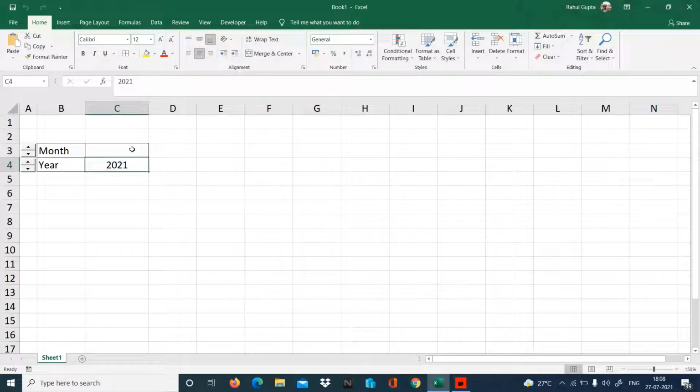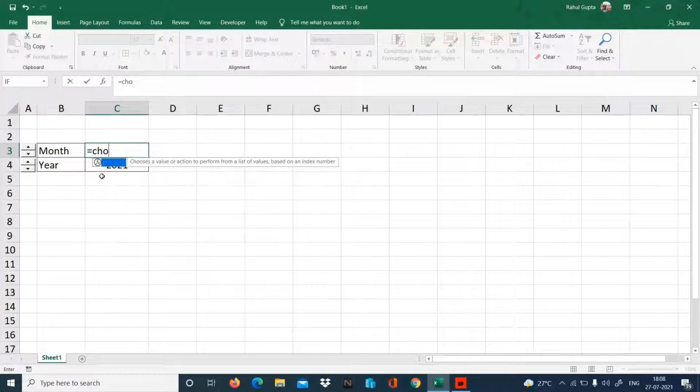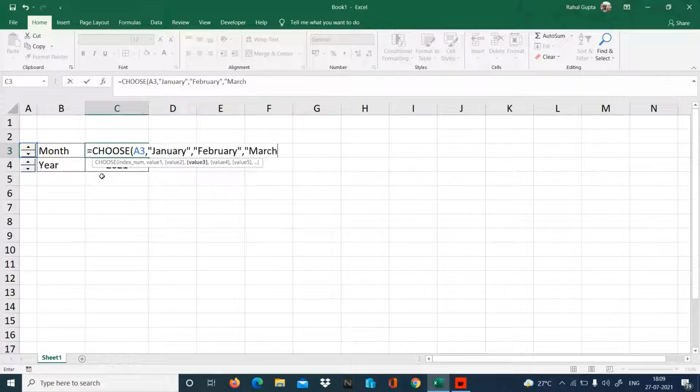So I have to use a particular formula to get that. If you remember last time we had the CHOOSE function, I'm going to use the same, CHOOSE A3. If it is 1, type January. If it is 2, type February. If it is 3, March. If it is 4, April. If it is 5, May.